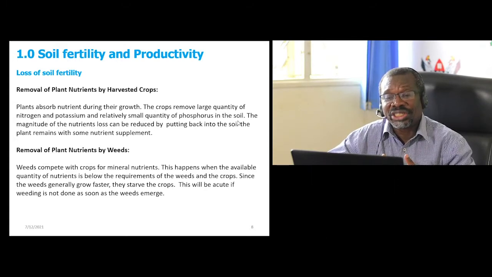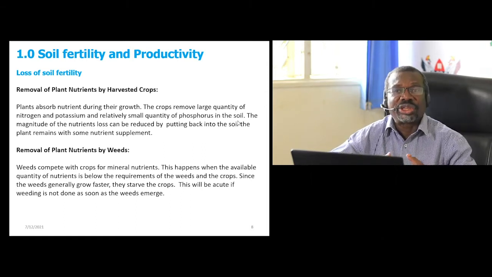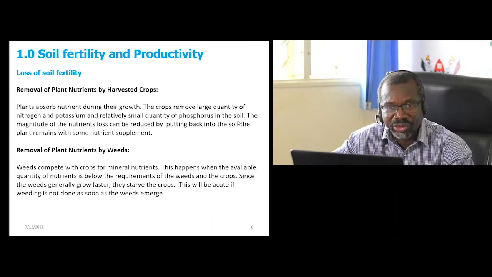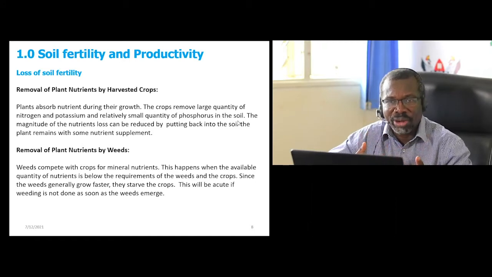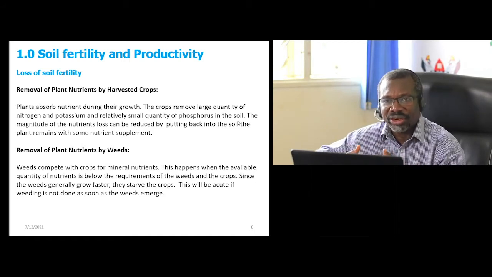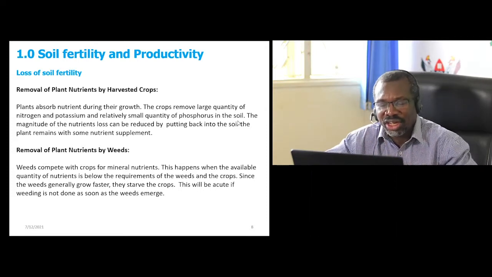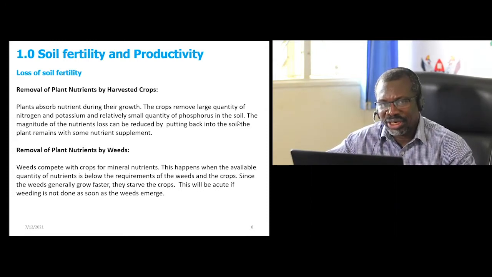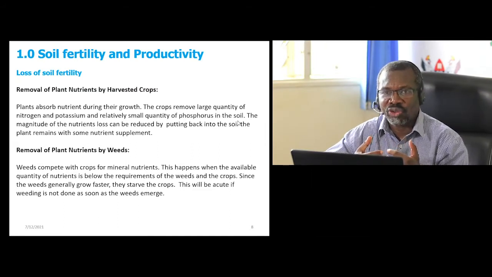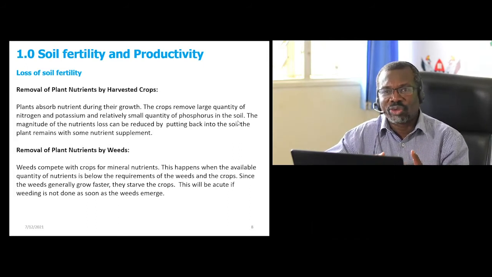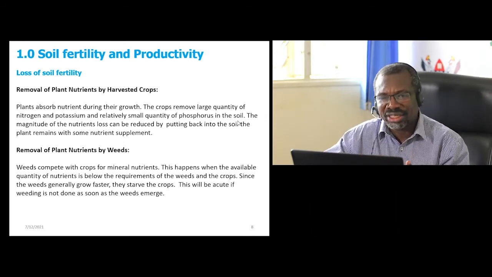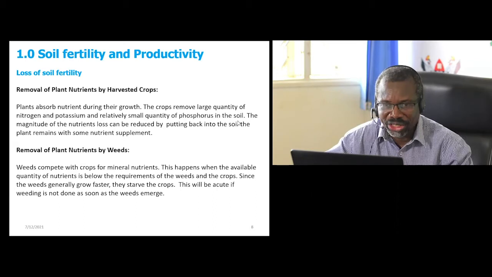So basically, when we grow plants, these plants need these nutrients, so they mine some of these nutrients from the soil and they take them in their biomass. So once we remove the biomass and we take it away from the garden, we basically also lose the nutrients from these soils. And soils being more of friction systems, if you have lost 2 kilograms of nitrogen, you may need more than that to actually put back the 2 kilograms of nitrogen.